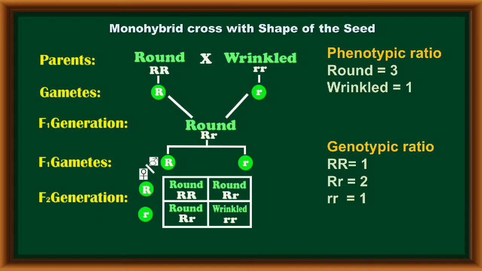By conducting a monohybrid cross between round and wrinkled, in a similar way, in F1 generation, only round shaped seed plants are produced, but in F2 generation, along with the round, wrinkled seed plants are also produced. It is the same result which was previously obtained by Mendel in his monohybrid cross. In this monohybrid cross also, the round and wrinkled phenotypic ratio is 3:1. The genotypic ratio is 1:2:1. So it is the monohybrid cross conducted by Mendel to check the result of the dihybrid cross.